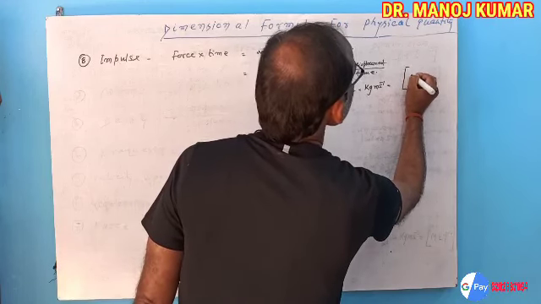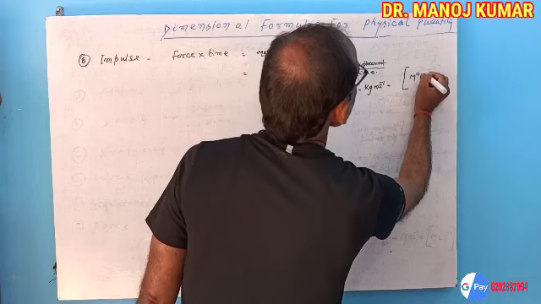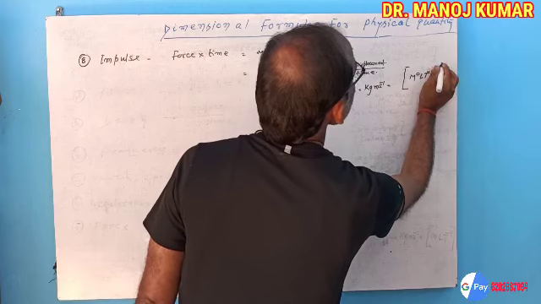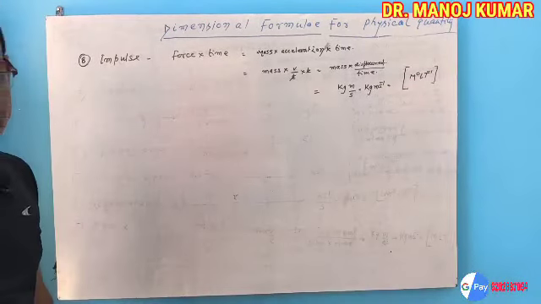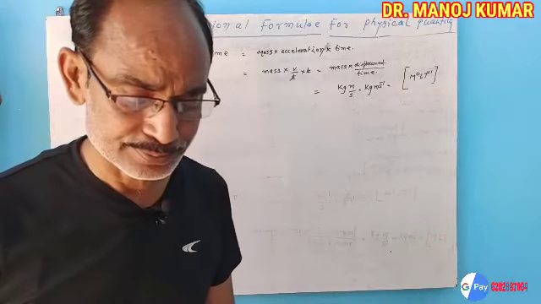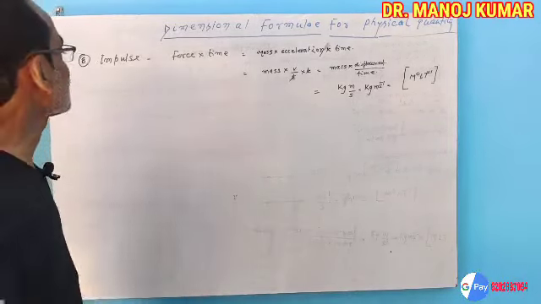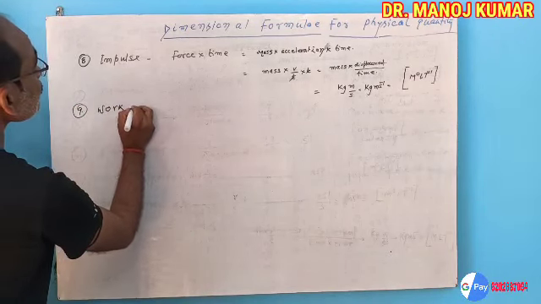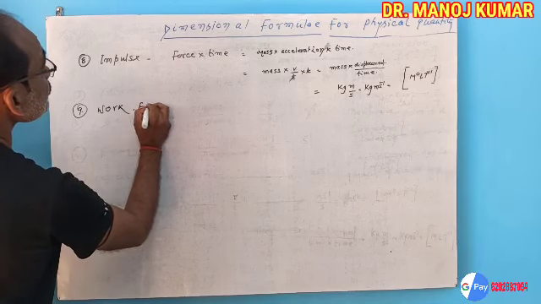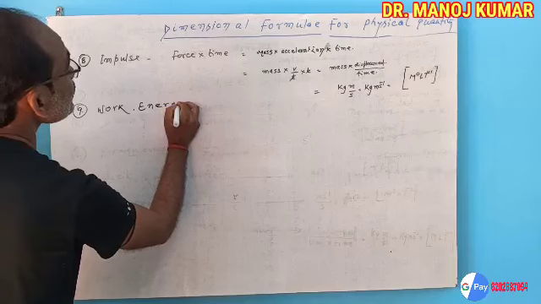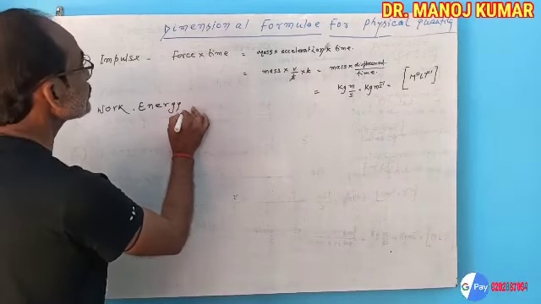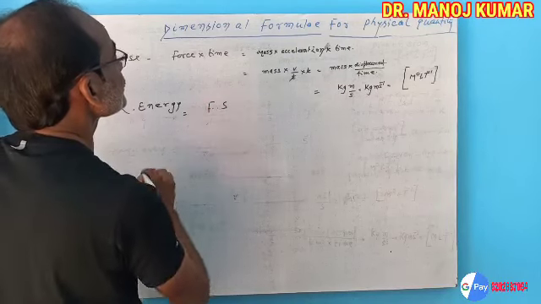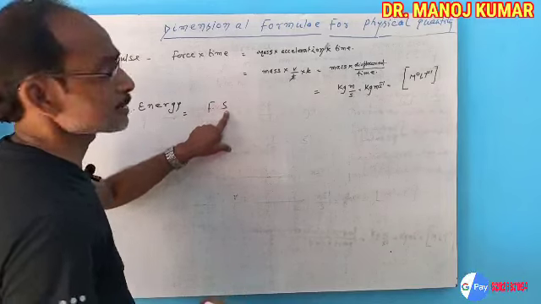Their dimension is M naught L T minus 1. Impulse is a type of force. Work, energy, Fs. Here F is force, S is